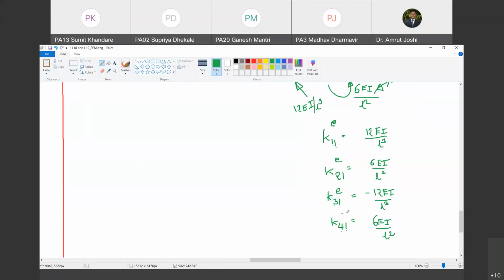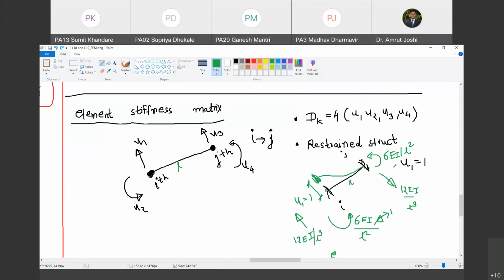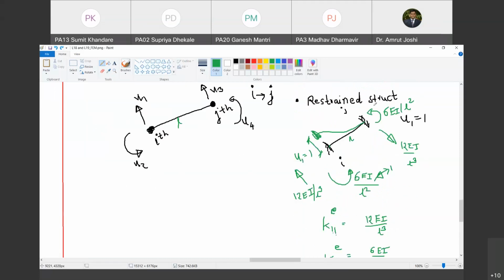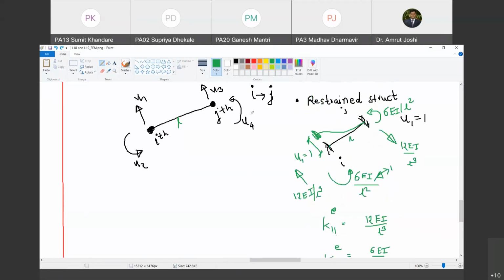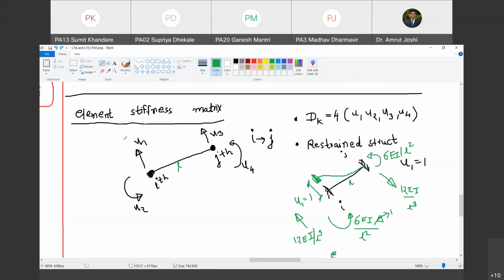So k11, k12, this all is over. This all you have already done in structural analysis 1 and 2, so I am going a little fast. So k11. In general the moment should have a plus or minus sign. But both are anti-clockwise. This is also anti-clockwise, no? Yes, sir. Therefore plus sign. Force में वैसे नहीं है. Here the force was in positive y direction, but here the force was in negative y direction. But moments are both anti-clockwise. Are you with me? Yes, sir.